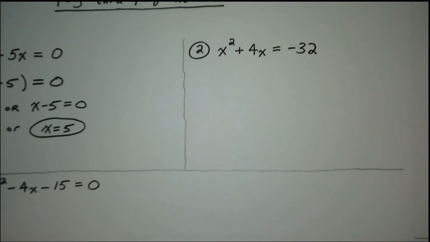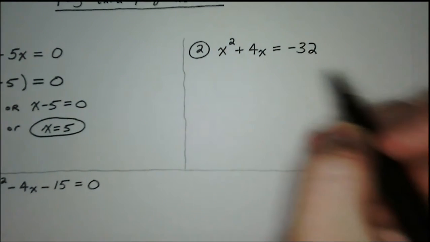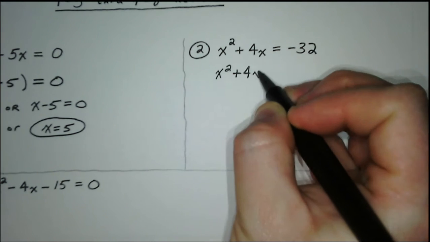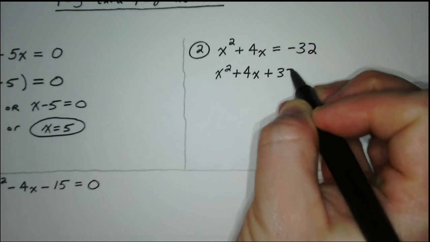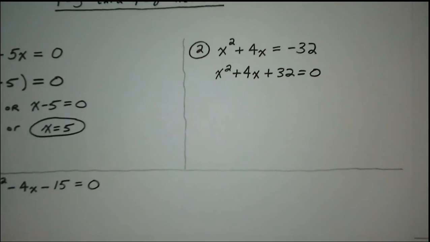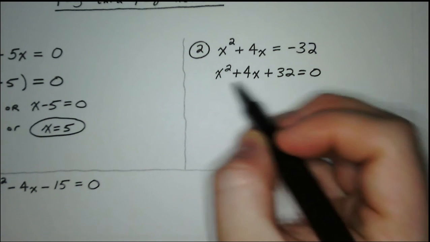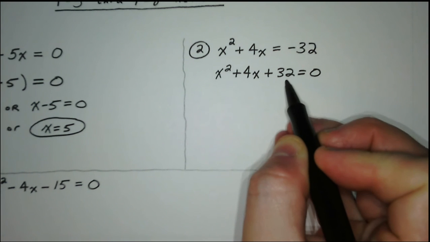x squared plus 4x equals -2. The first thing you would do is set it equal to 0 by adding 32 to both sides. And now we look to factor. Well, there's no GCF, and so when I look at this,